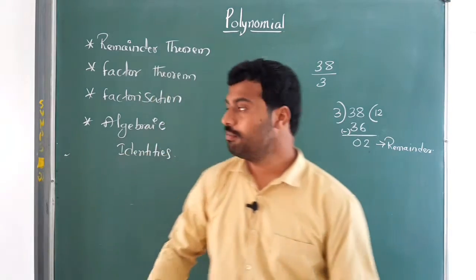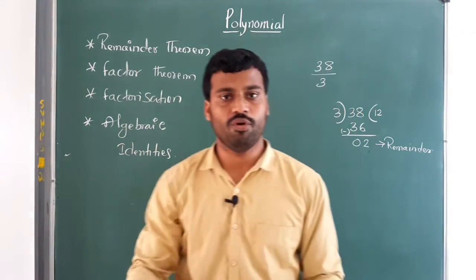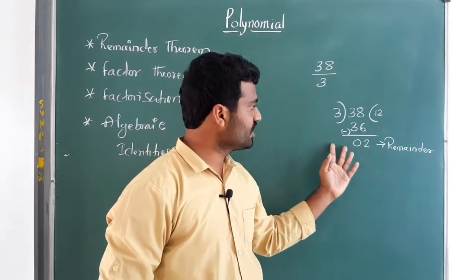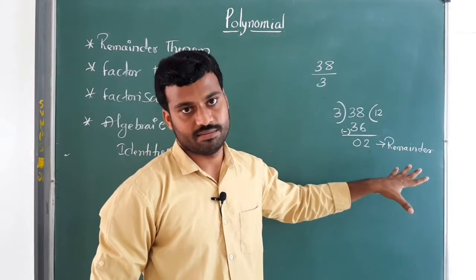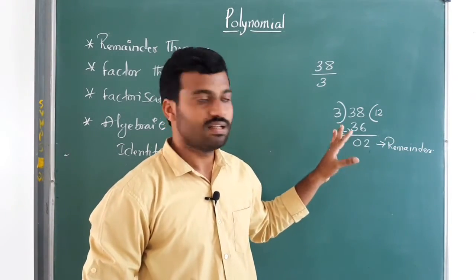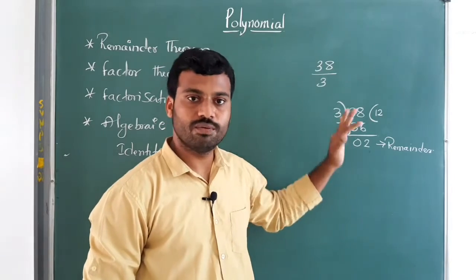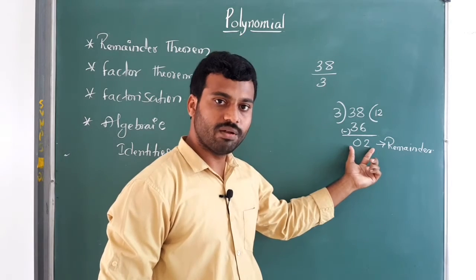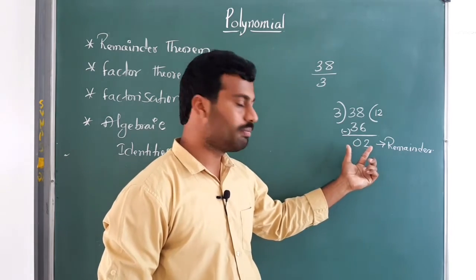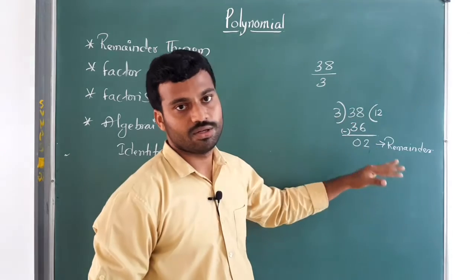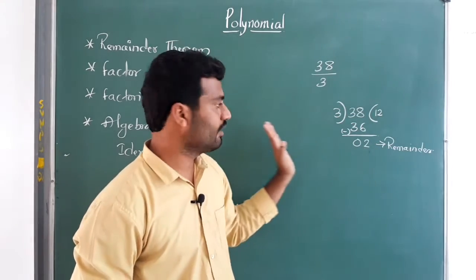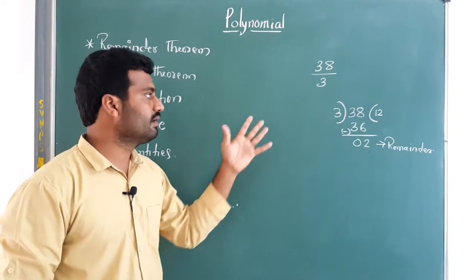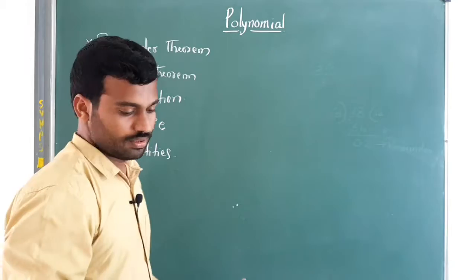In polynomials also, the remainder is nothing but the same concept. Here all are constants. Instead of constants, if you take variables, meaning polynomials, that is also a remainder only. There also we are finding the remainder. So where do we have to stop? Here we will get one polynomial. If the degree of this polynomial is less than the degree of the divisor, then we can stop there. Clear or not? I will take one example, then you will come to know how to find the remainder when the given questions are polynomials.